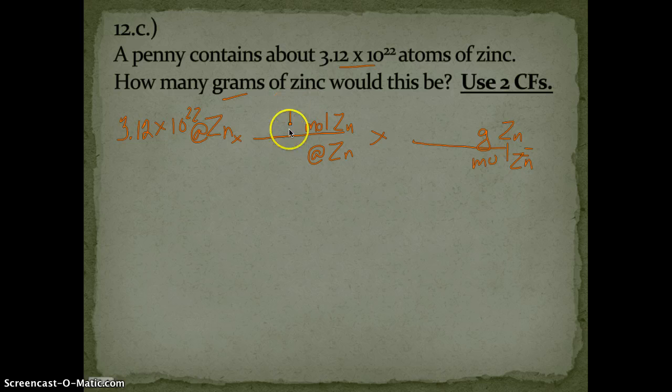Okay, now in a conversion factor we always put a 1 next to moles, and we always put the molar mass next to grams, and I'm guessing that it's 65.4 grams. I am not positive. And then atoms in a conversion factor is always Avogadro's number. Okay, so if you do the math here, what you can see